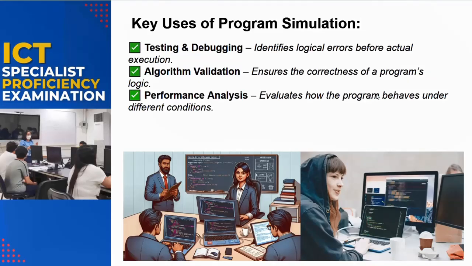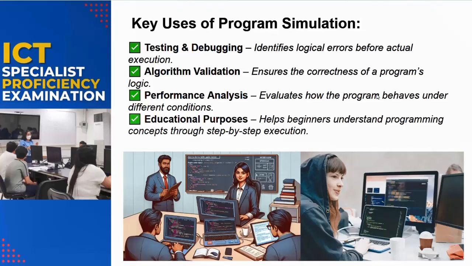The technique allows us to evaluate how a program behaves under different conditions, such as varying inputs or system constraints. And lastly, for educational purposes. For beginners, program simulation is a great way to understand programming concepts by manually tracing how a program executes. By using program simulation effectively, we can improve code accuracy, enhance our problem-solving skills, and build a strong foundation